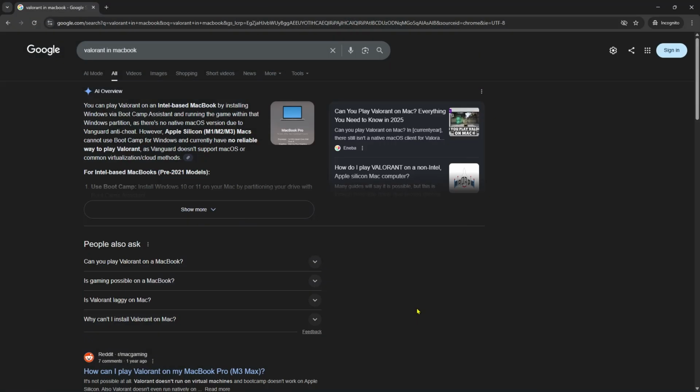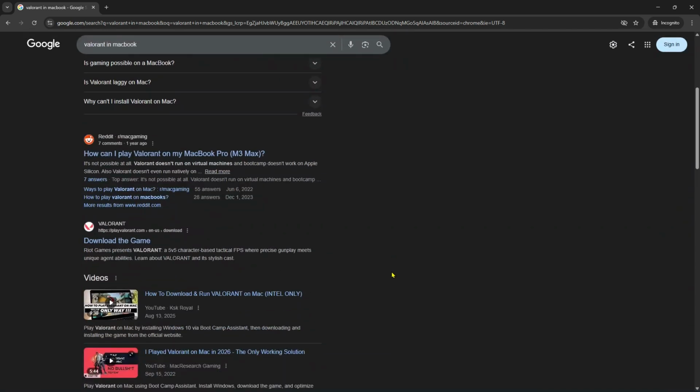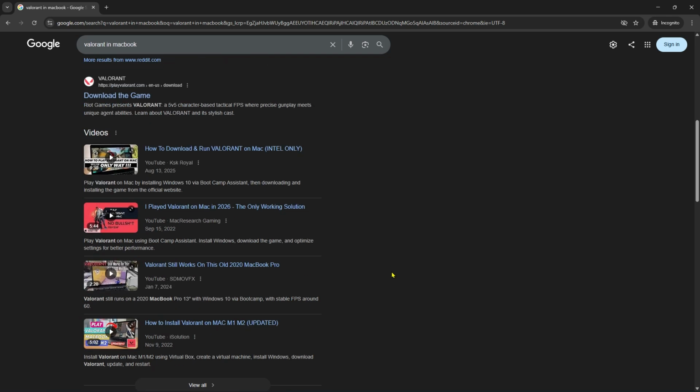So as we all know, Valorant doesn't work on MacBook because it isn't officially supported, but you can still make it work with the right setup. So listen carefully. Since Valorant requires Windows and Riot's Vanguard anti-cheat, the most reliable method is installing Windows via